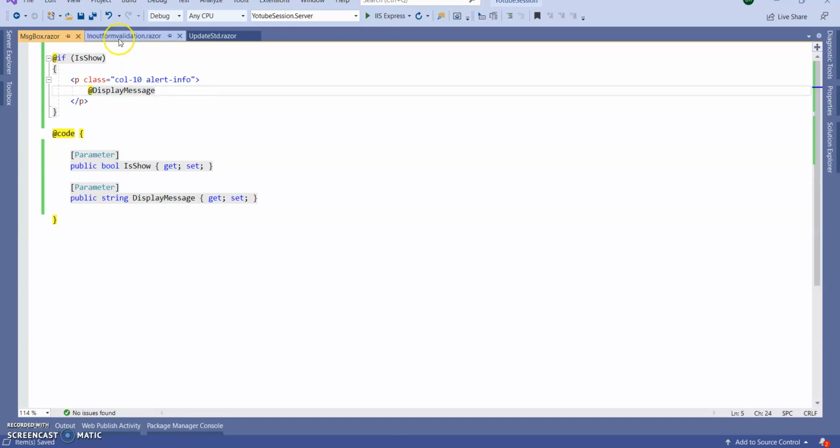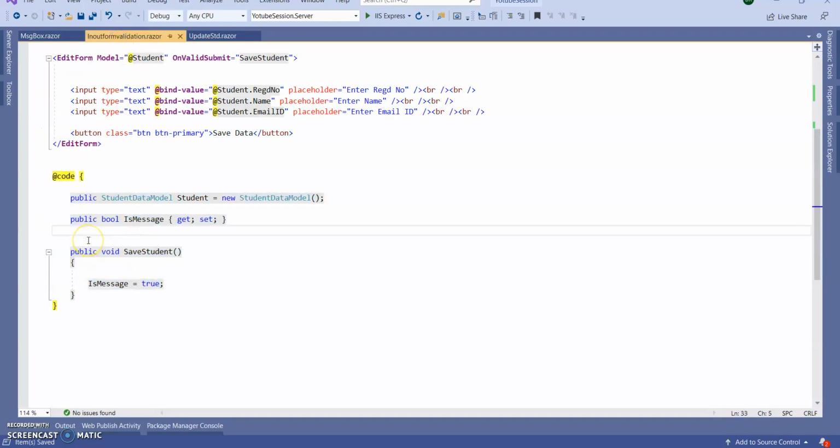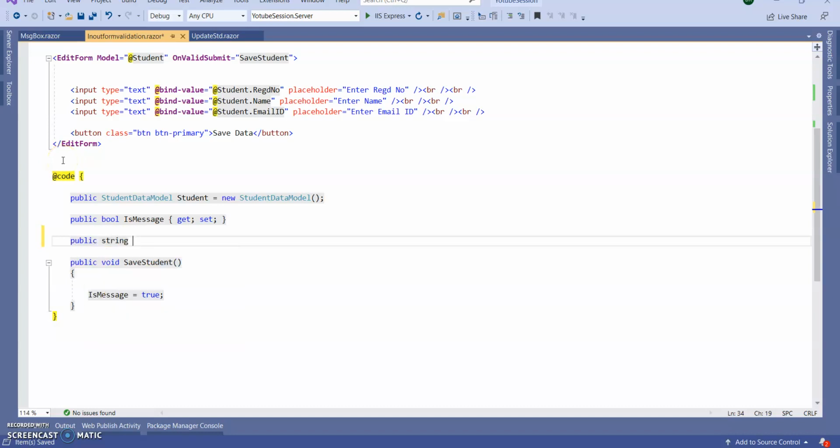Okay, next go to the save page and create one more property, let's say public string msg. In the message box, declare msg equal to the saved successfully message, so this is my save page. The same thing I'm going to do in my update page also.